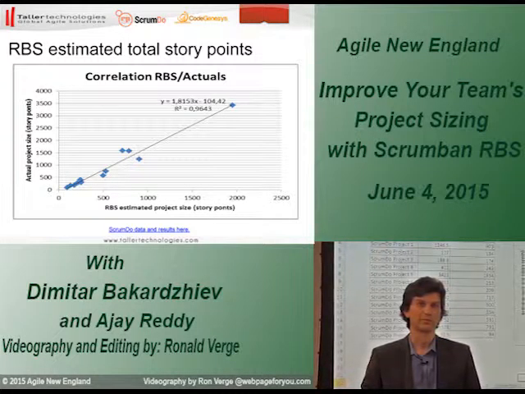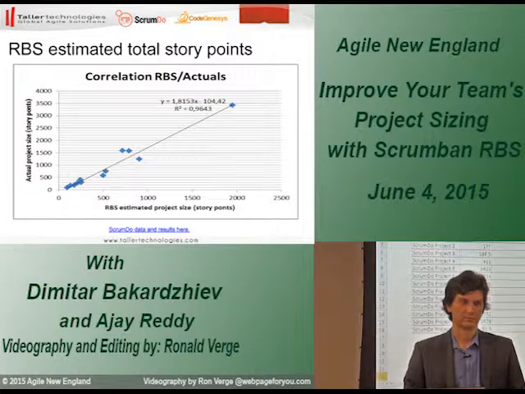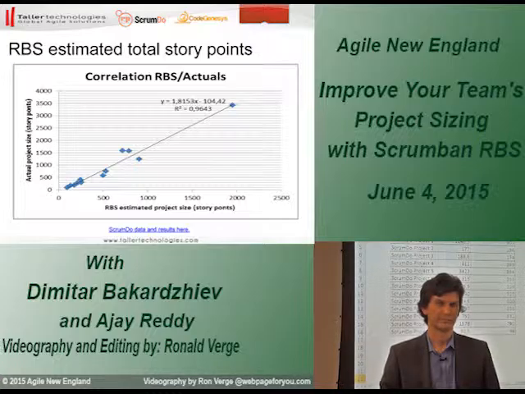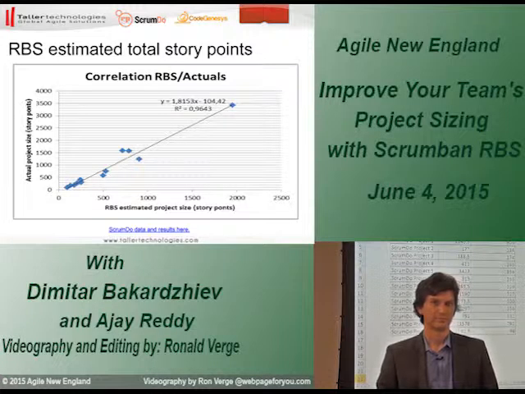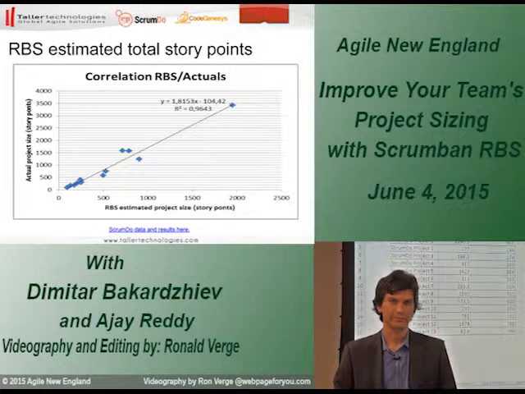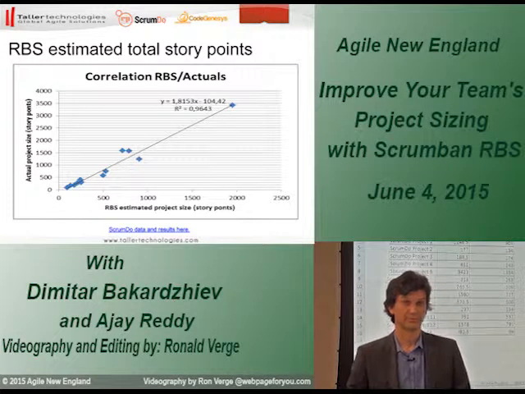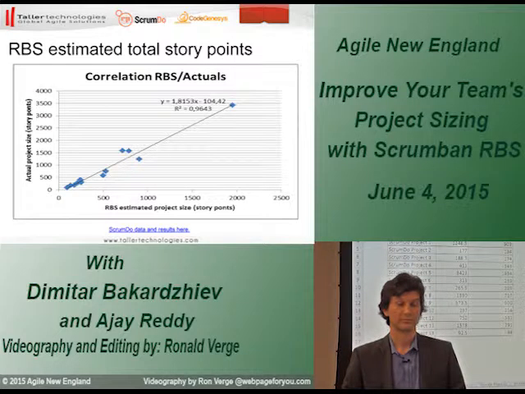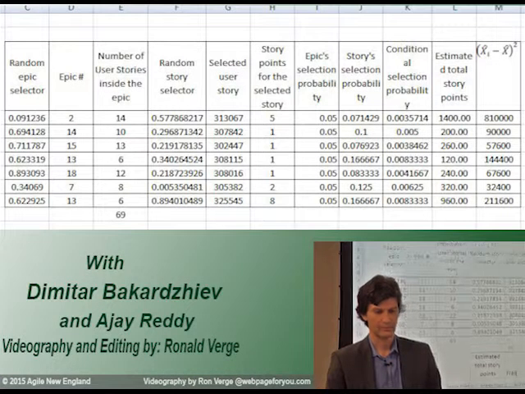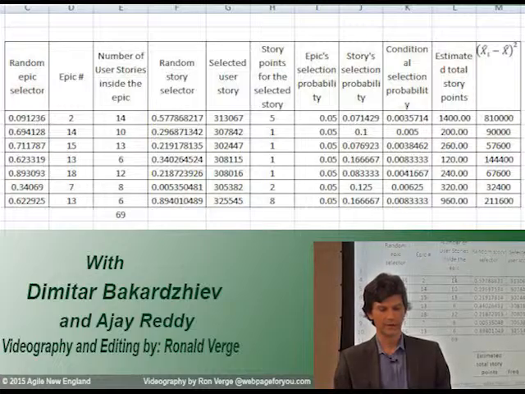Distribution of what? The distribution of stories within epics, within projects. It would seem logical that if every epic had roughly the same, even a randomized number of stories, which eventually comes out in the wash, then yes, I could see this predictive model being very accurate. But let's say in the real world, you had a wildly divergent number of stories per different epic, and you happen to choose the wrong one, you might get a completely different answer that wouldn't really reflect the actuality. Yes, and so to answer your question,